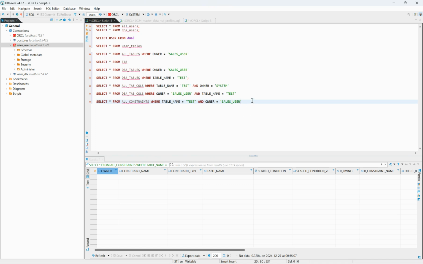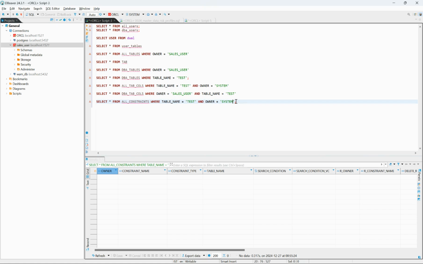So this table doesn't have any constraints at this moment, right? Let me check in another schema. I think most likely I will not have anything, but let me check on the other system as well, and there's nothing, right? So only when there is a constraint will we be able to find that constraint information in